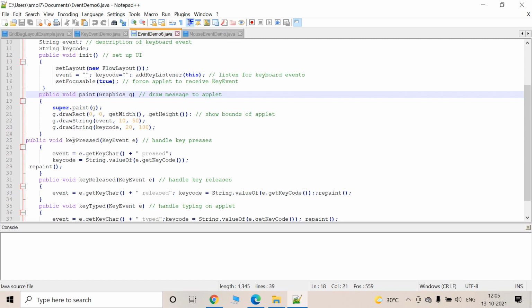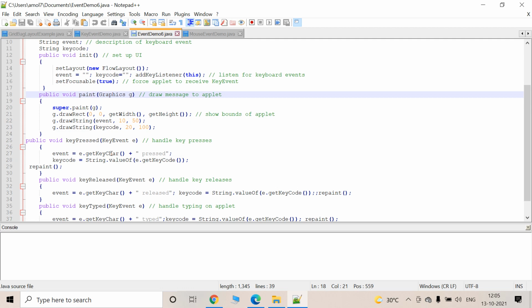Then next method is the keyPressed method. This method will be invoked when we press any key. Okay, means when we press a key, this method will be called. So when we press a key, the value of this event is changed. So event is equal to e.getKeyChar plus pressed.